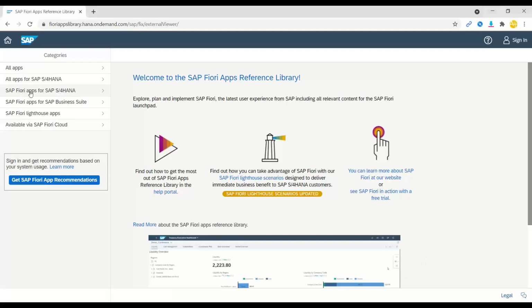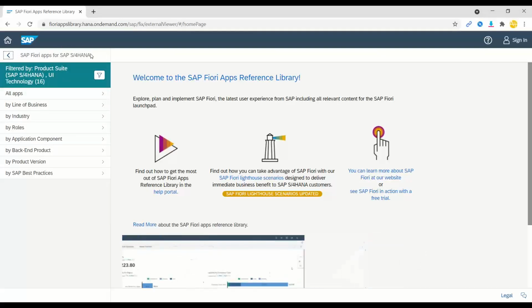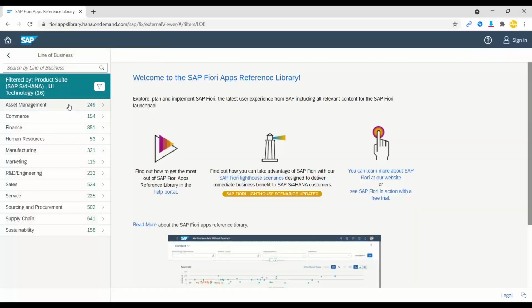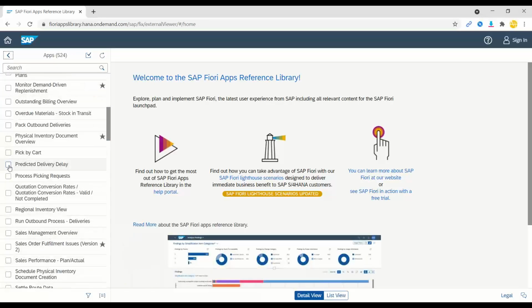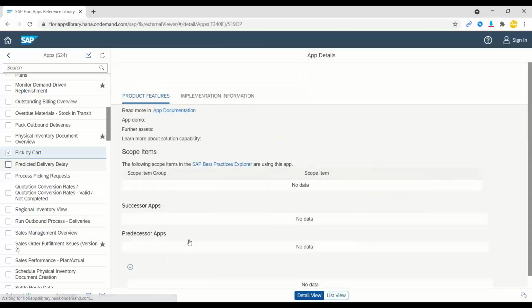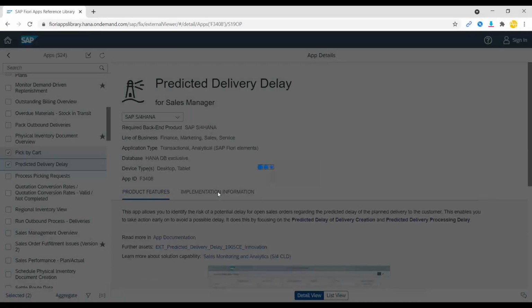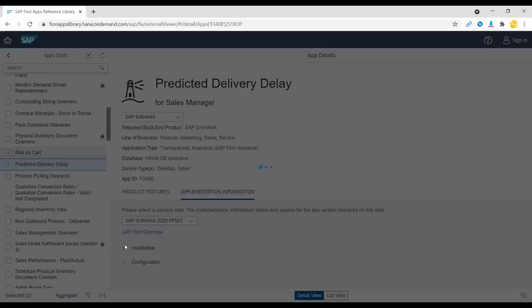Okay. So now if I just go back and show you the process in the system, I'll go into the Fiori apps reference library, and usually we can select apps by application component, role, industry, line of business. Suppose I wanted to install an app from the sales area, and then I can see a lot of apps here. Maybe I just pick any random application, and if I come down, you will see this is S4HANA. And if I go to the implementation information,